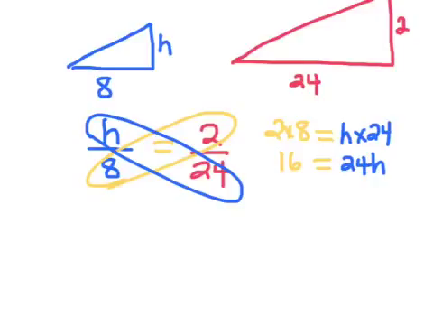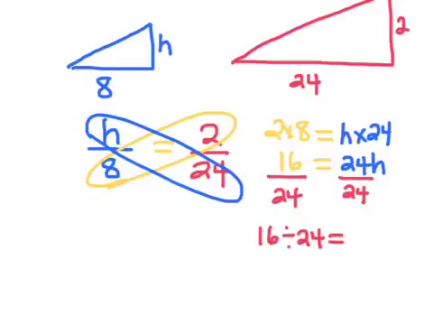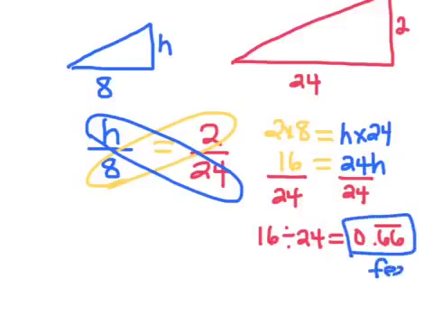Some people like to write their problems like this. 24 divided by 24, 16 divided by 24. So, you can also write it sideways. 16 divided by 24. When you type that in your calculator, you should get 0.66 repeating. This is one of our answers. This is feet. If you think about your answer as a fraction, 16/24,